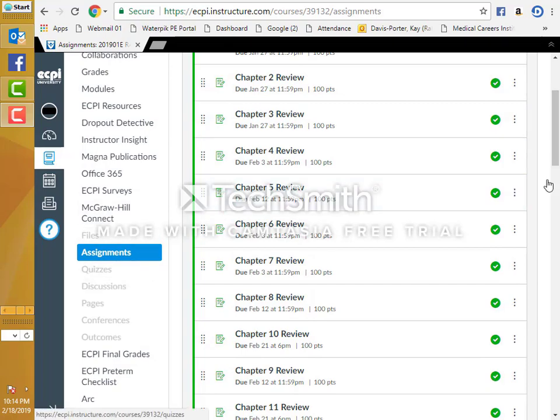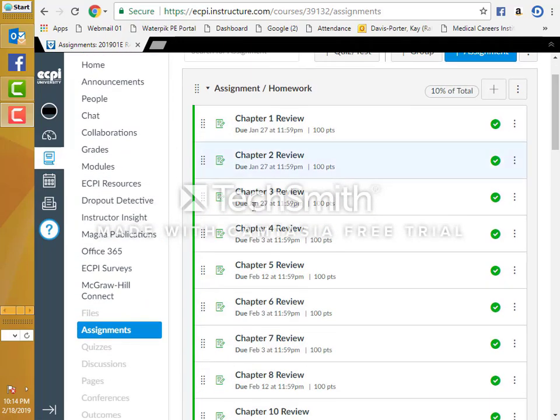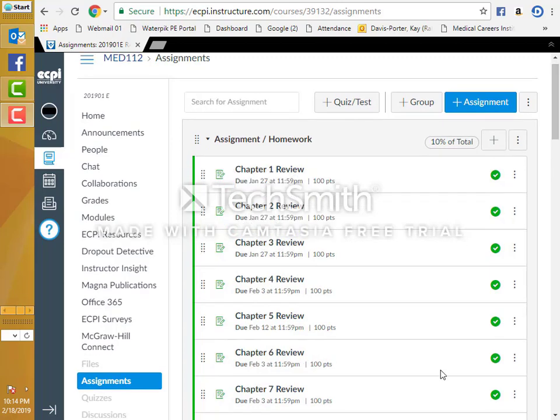Once it's time for them to take it, you can tell them that they can go to their assignments, they can go to the Moodle, to their modules, and then they'll be able to take their exam. Once they finish taking it, it will show up in their grades. I won't click on the grades for FERPA issues so that we won't see other people's information, but it'll show up in their grades, and they will be able to see instantaneously what they